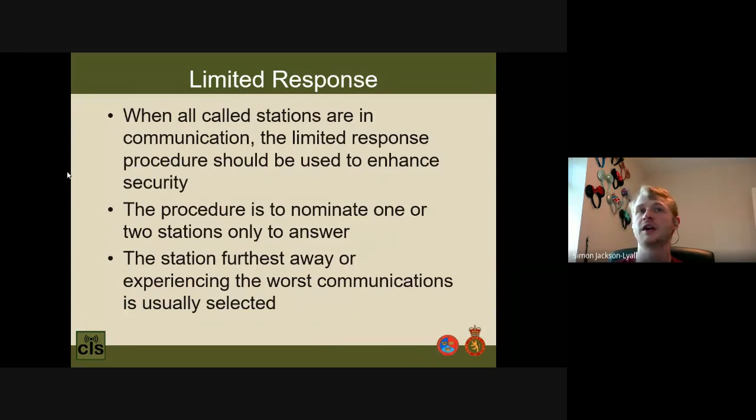If you've been working someone before, if you've been having a conversation with someone earlier, and the comms have been really good, then you don't need to get confirmation. You know that they've got good discipline, so they've got a good listening watch. They're listening to the radio, and you know they've got good comms, so you know they'll receive your message. You don't need to keep getting them to transmit unnecessarily. They can just listen, get the message, and go and enact whatever that message is.